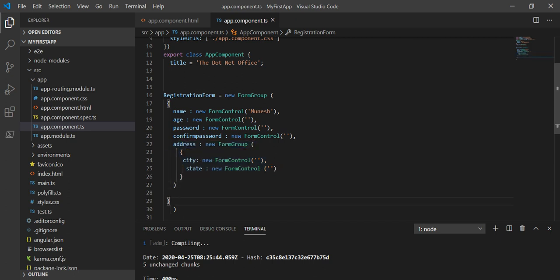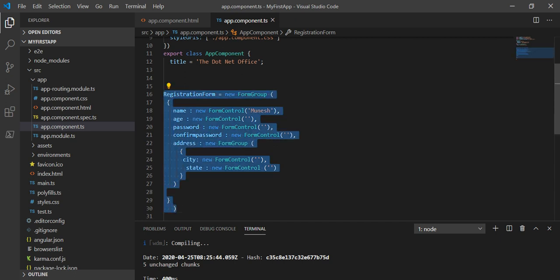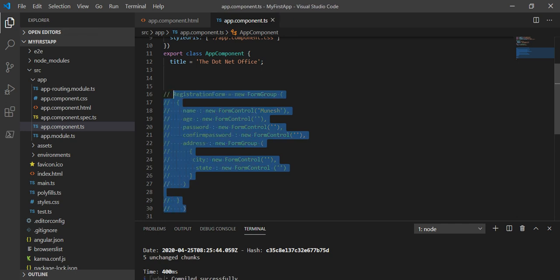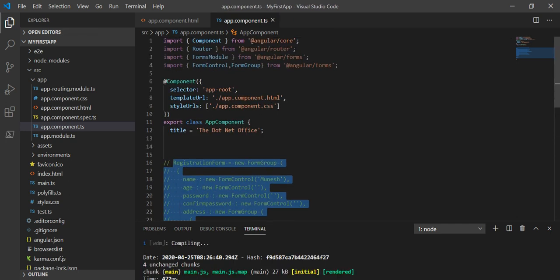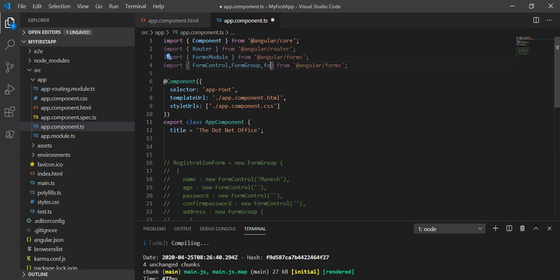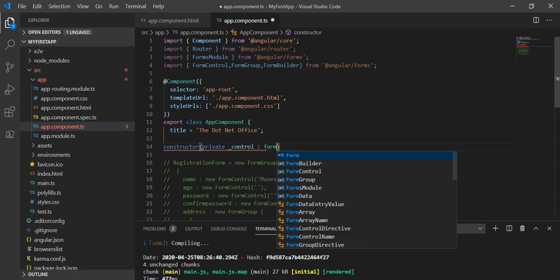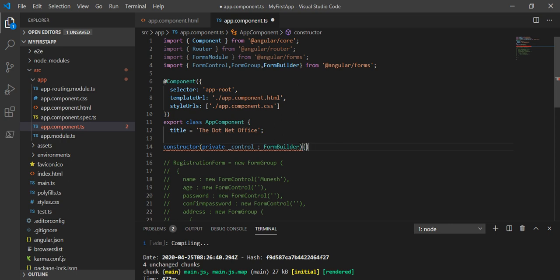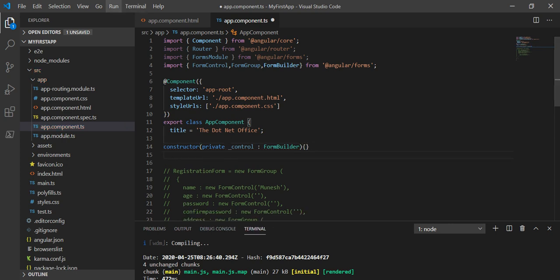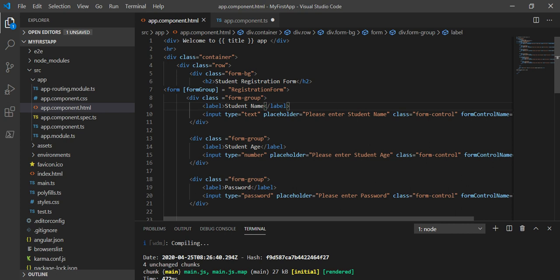So first let's comment this out. For commenting, use Control C, save it. And now first of all, we have to import the form builder from the forms library, and then create one constructor, and in this constructor take one private variable, I will name it control, and the type of this variable is FormBuilder. And now we have to take all the controls.